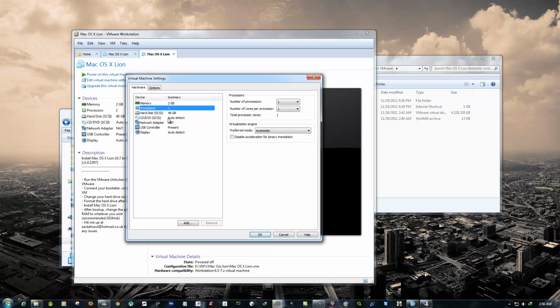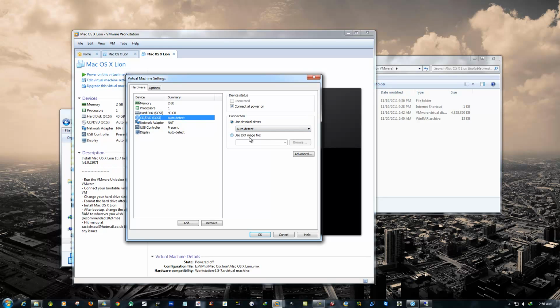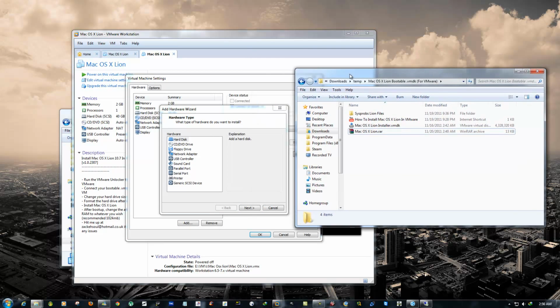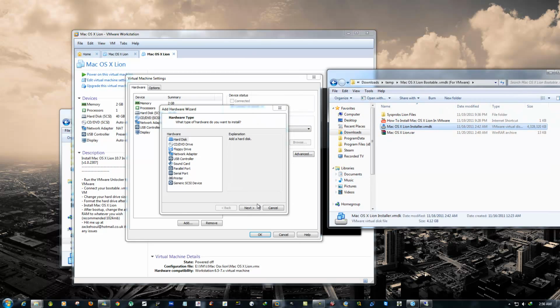Processors, leave it just like it is. This right here, I normally just leave that disabled. Really not necessary for it to connect to power on. But what we want to do, we want to add this other virtual hard drive that we downloaded